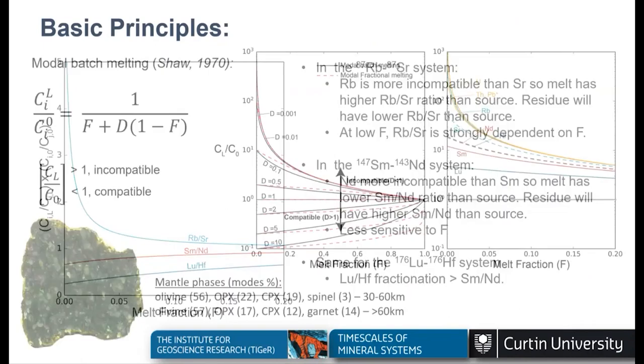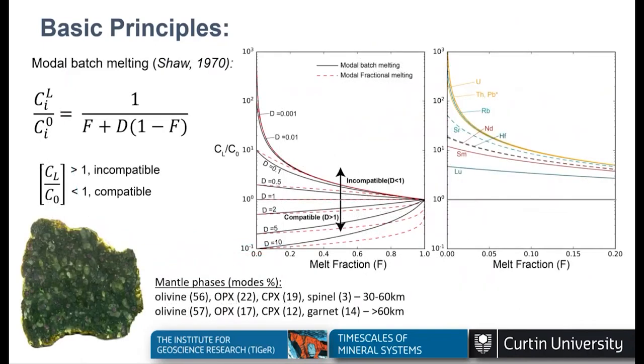So yeah, what's interesting is that different parent-daughter systems behave differently, right? So for lutetium and hafnium and samarium, neodymium, the parents, being lutetium and samarium, are less incompatible than the daughters, right? But for rubidium and strontium, it's the other way around. The parent is more incompatible, so that's going to mean that the ratios of those two elements are different depending